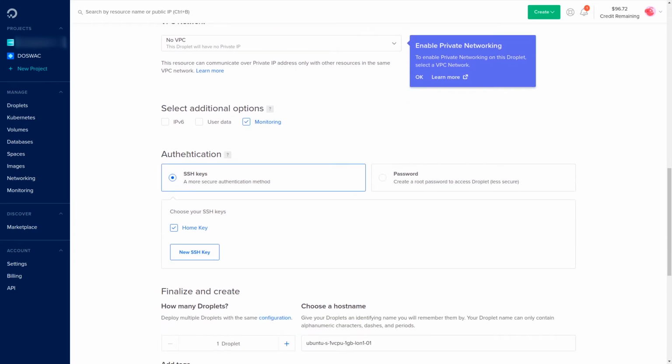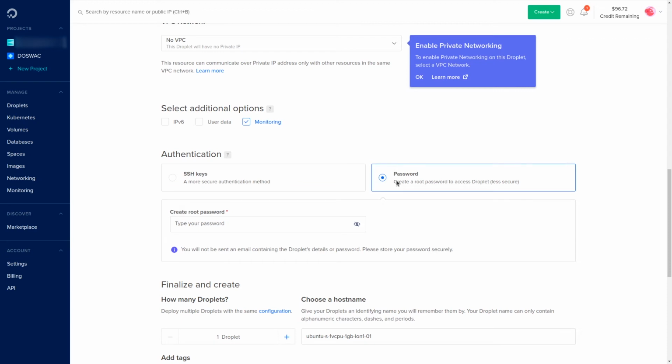In authentication, we have options for how we are going to connect to our VPS server from our local machine. For the purpose of this tutorial, we are going to select the basic password authentication method to connect to our server with username and password, which is a less secure authentication method and not recommended for production use.